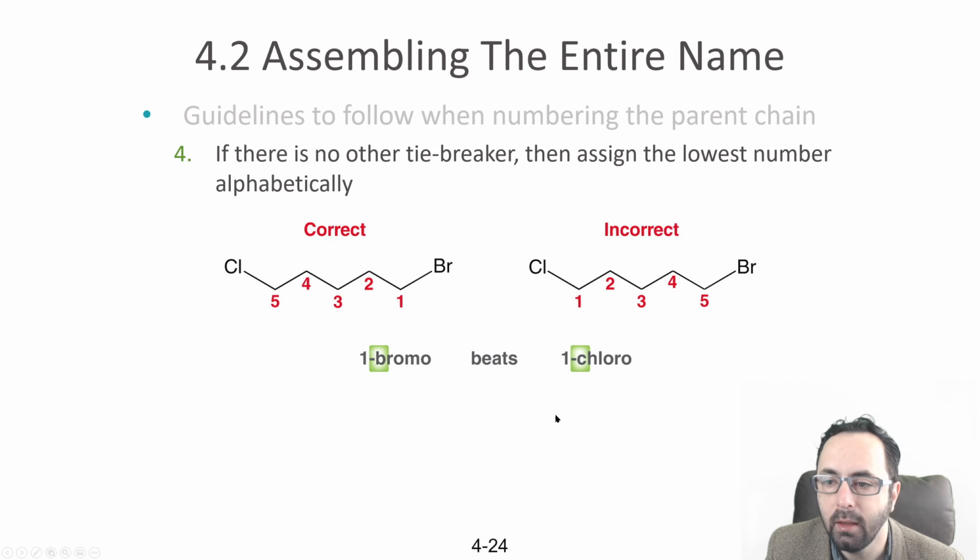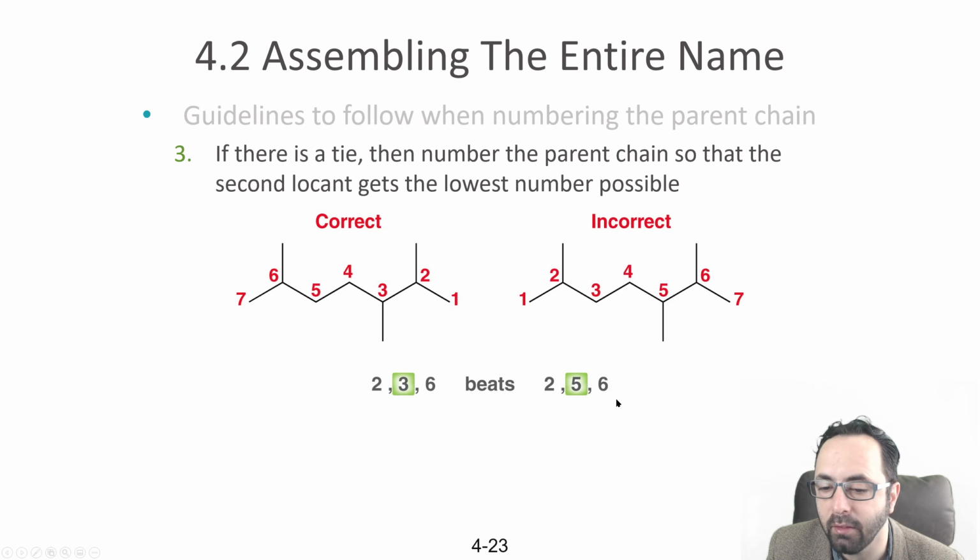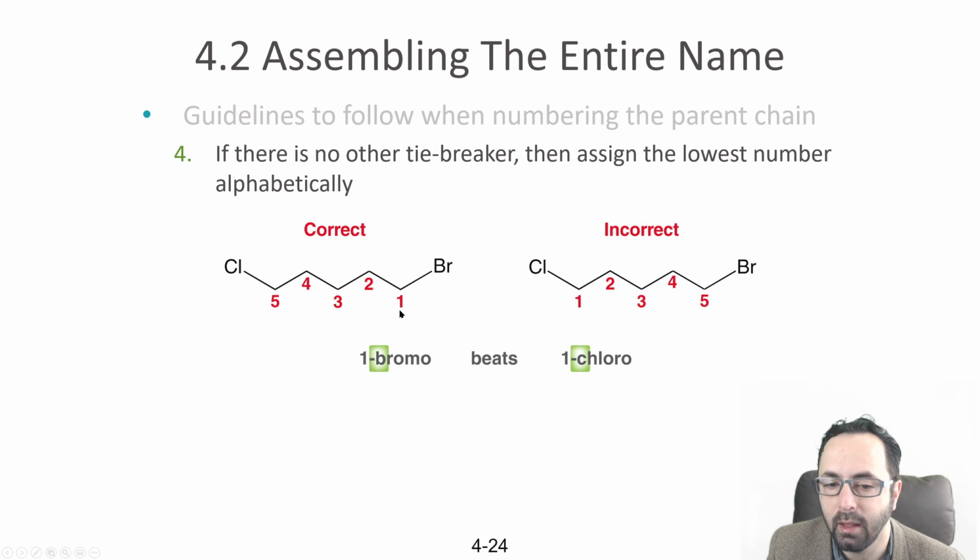Okay, if you go all the way down the line and everything's the same, like here, it's going to be 1 and 5 or 1 and 5. 1 for the bromine, or 5 for the chlorine, or 1 for the chlorine, 5 for the bromine. If there's no tiebreaker, then finally you decide based on the